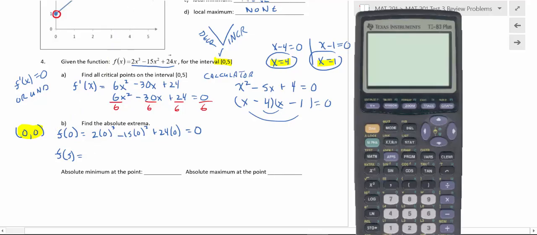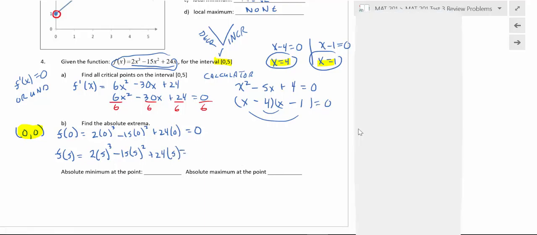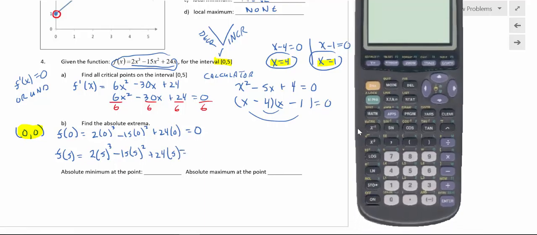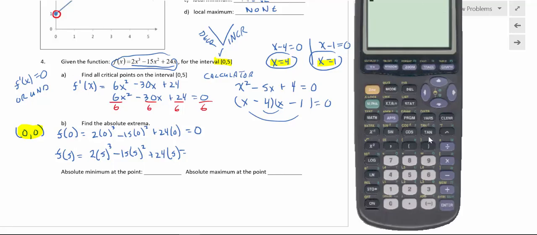So I'm going to go up to the function I gave you and evaluate that at 5. So I'm going to do 2 times 5 to the third minus 15 times 5 to the second plus 24 times 5. And again, I'm allowing you to use your calculator on this. I don't want you to spend a lot of time doing tedious calculations, although this is not too hard to do without a calculator. We can just go 2 times 5 to the third in one step, minus 15 times 5 to the second, and then plus 24 times 5,